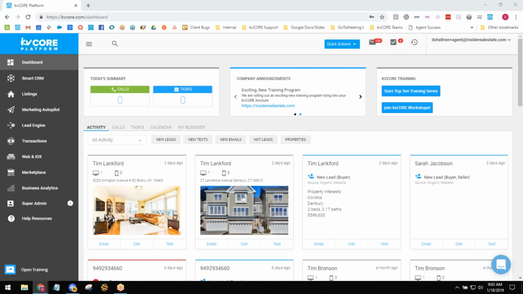So what I was going to do today was home in and really drill down on this meeting, more focus on text codes. I'm going to cover a little bit about how the KvCORE Craigslist auto poster works, so I'm going to be doing a demonstration of that. And then we're going to be talking a little bit about mobile apps moving forward, so we can really get this leveraged for us. Okay, so with that, I'm just going to dive into it and jump into listings.